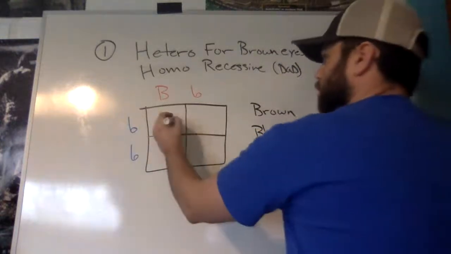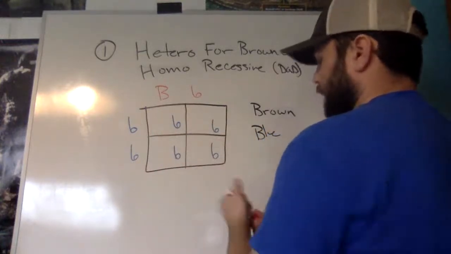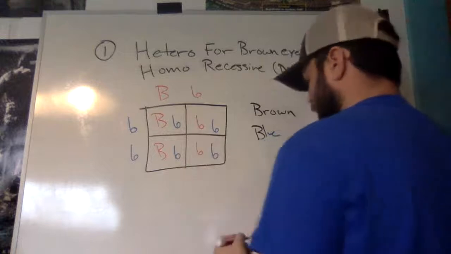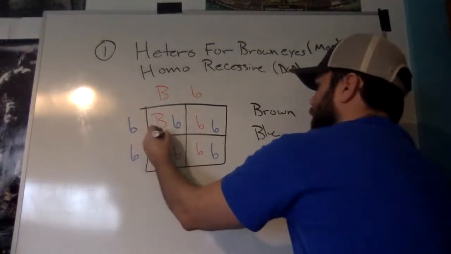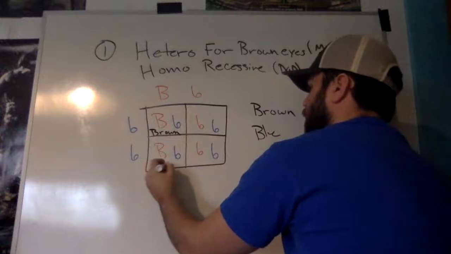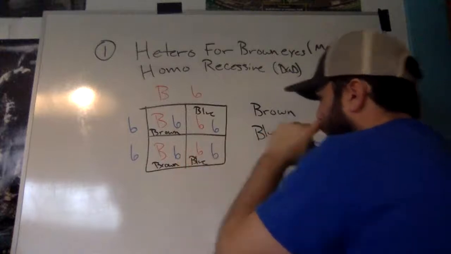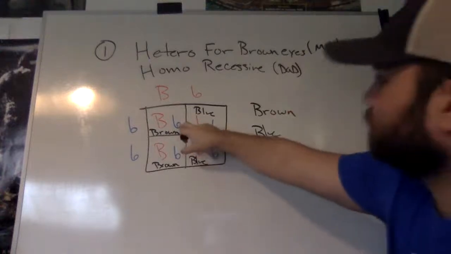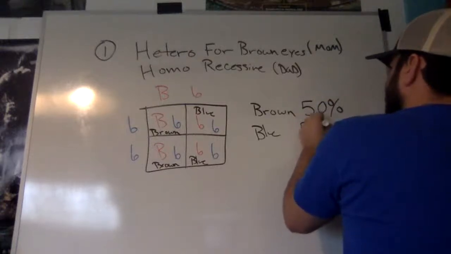So now we've got to bring them across. So I'm going to bring over dad's, and I'm going to bring down mom's. Okay, all right, perfect. So now we're stuck with this. Now remember, wherever there's an uppercase B, we're going to put brown eyes. We got brown, brown, blue, blue. Okay, so now what we're going to do is, we got two of them. So we got 50% brown and 50%